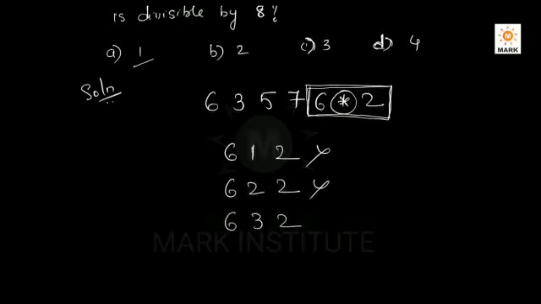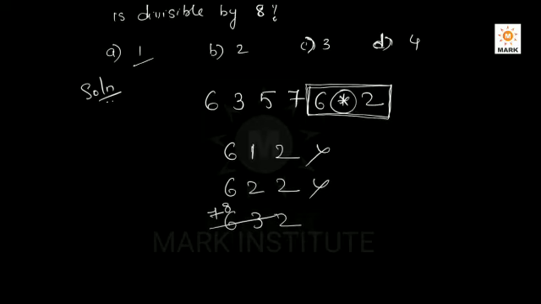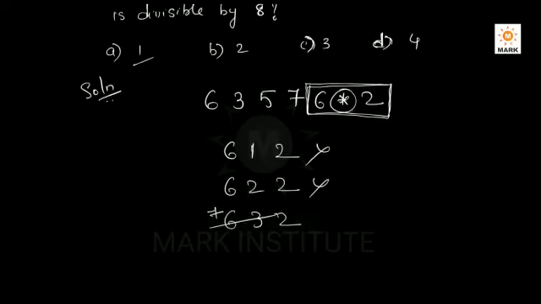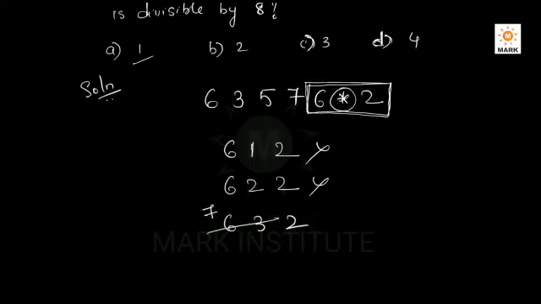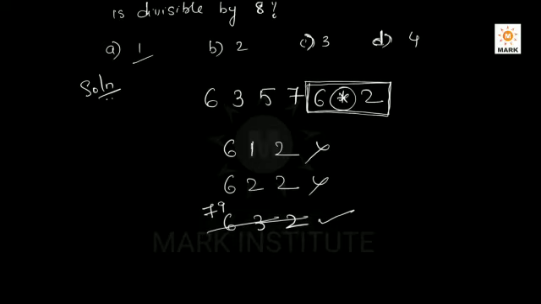Yes, 632 is divisible by 8. I'm sorry, let me correct here. If I put 3 here, 632 is the number. First of all, 8 sevens are 56. 63 minus 56 is equal to 7. 72 divided by 8 is 9, so 79 times. So 8 goes in 632 79 times, so exactly it is a multiple of 8.